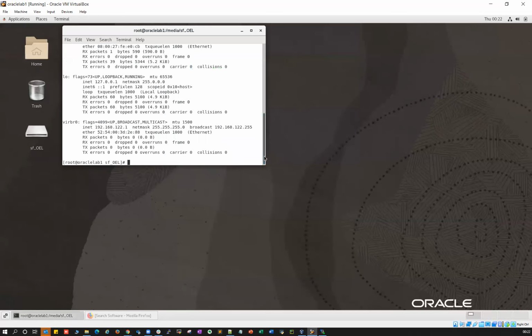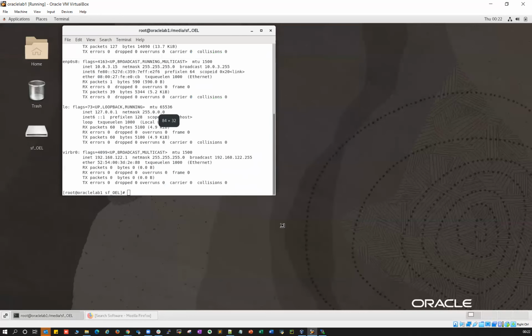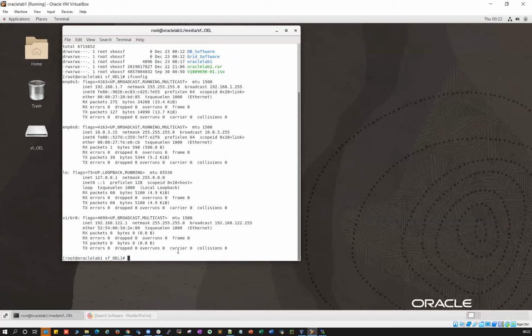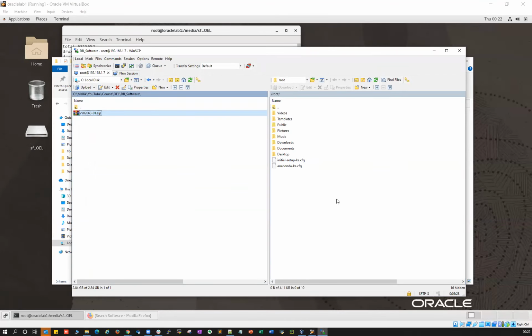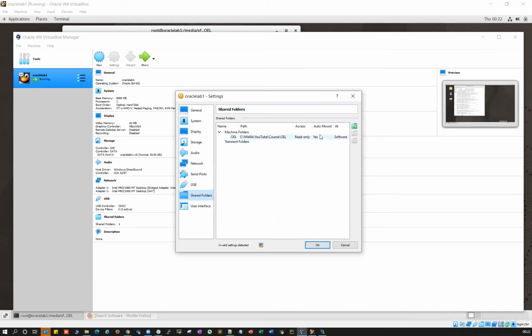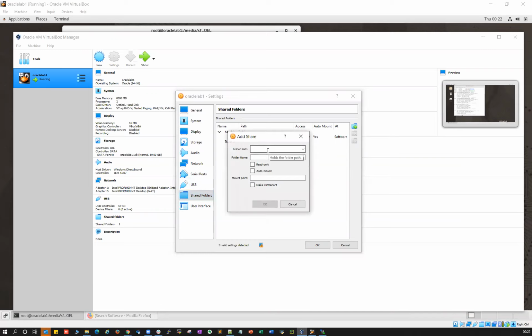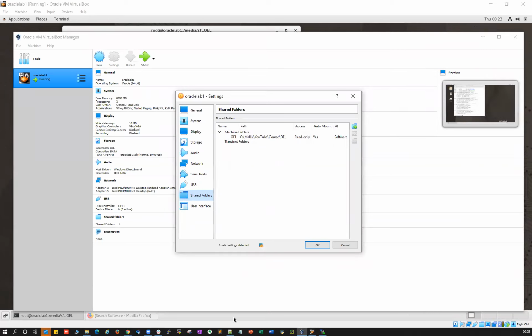You can either directly connect to the VM server here and then access your Oracle eDelivery and download directly here. Other ways, you can download locally on your laptop or desktop, and you can use your WinSCP and transfer that software to your VM or the Linux server. And then the other way is you have this shared folder concept here on this VM. In the settings, you can go here and select this shared folder, and then you can add the mount point. You can mount wherever the location you downloaded that software. Any of these three methods, you can use whatever is feasible for you.